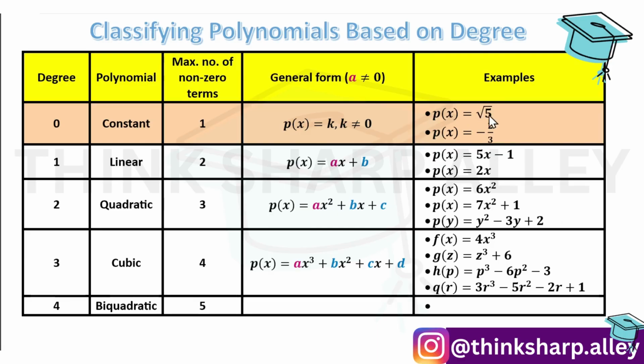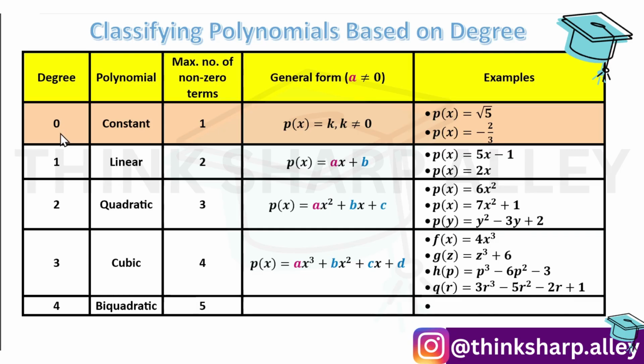Now, since the RHS portion does not depend upon x, the value remains the same regardless of the variable x. If I want to find out p(2), its value is root 5. p(3) over here, value is root 5. Even if you change the value of x, the value of the polynomial does not change. And that is why this polynomial is called a constant polynomial. Now, it will have only one term, and that one term is one constant term, a non-zero constant.